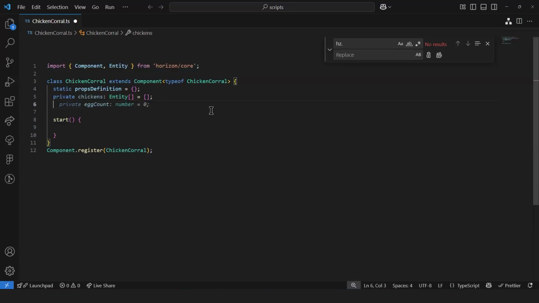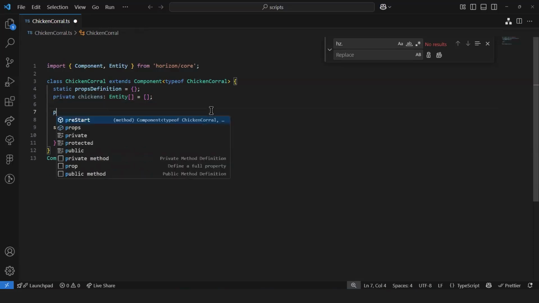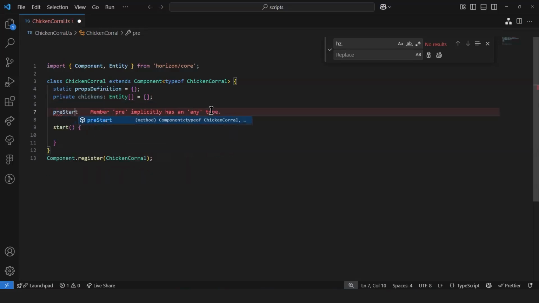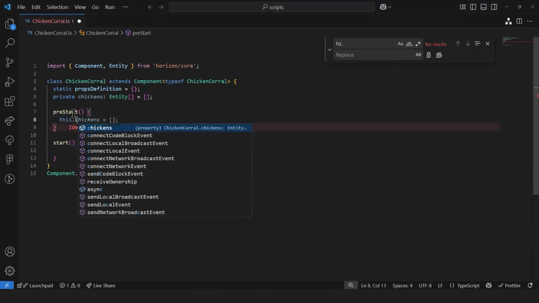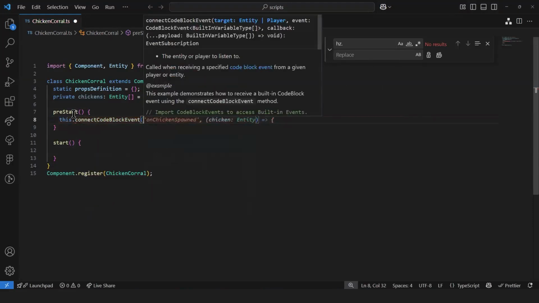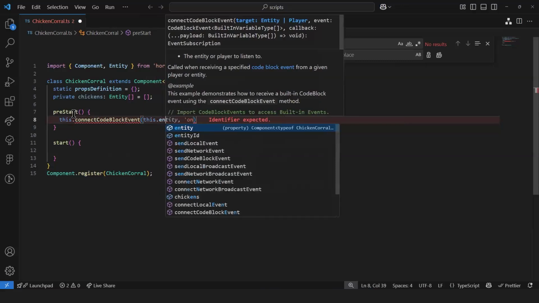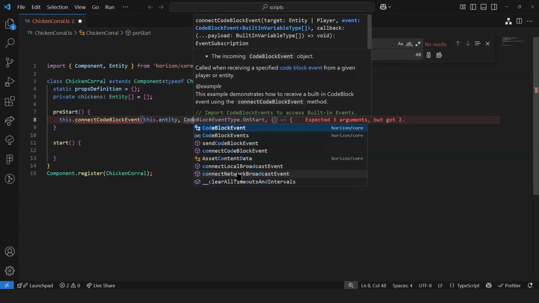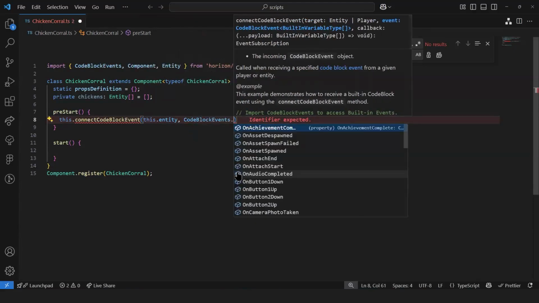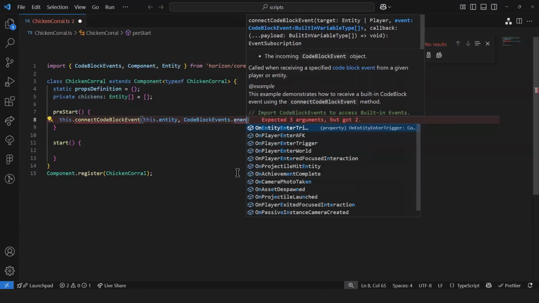initiate a subscription for the trigger. So this one is going to run on pre-start. All the subscriptions, most of the time, ideally must be initiated on pre-start. And what we do here is that we can now say when this code block event is detected by this entity. Remember that this is the area where the chickens are going to be returned. So this entity, and this is going to be a code blocks event that detects when an entity enters a